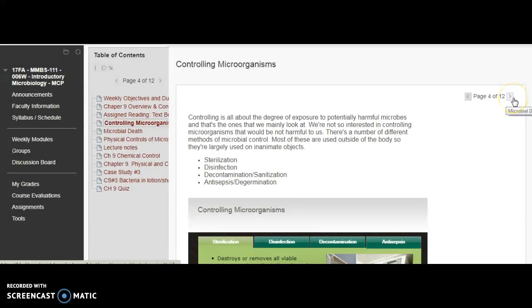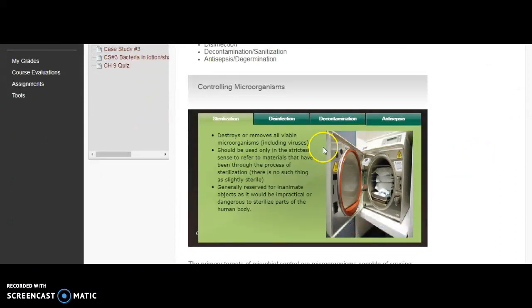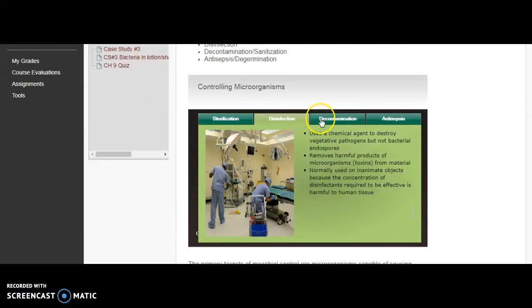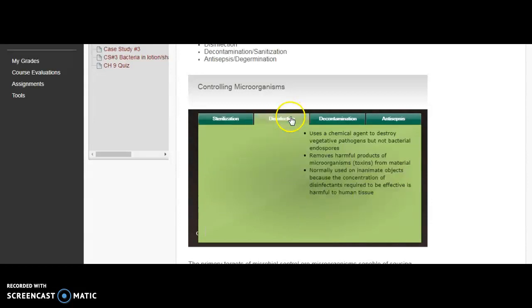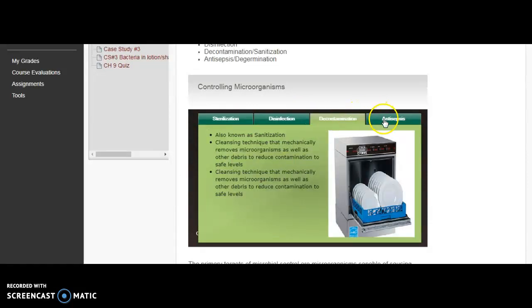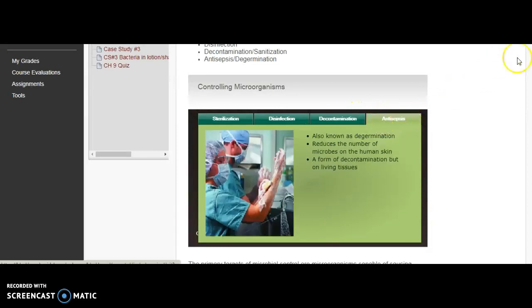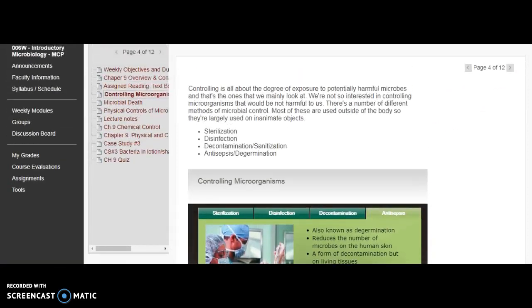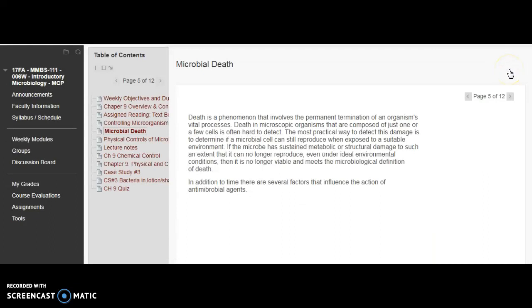What's going to follow are several of those animations or interactives, looking at the major definitions when we're talking about controlling microorganisms: sterilization, disinfection, decontamination, and antisepsis. All right, then